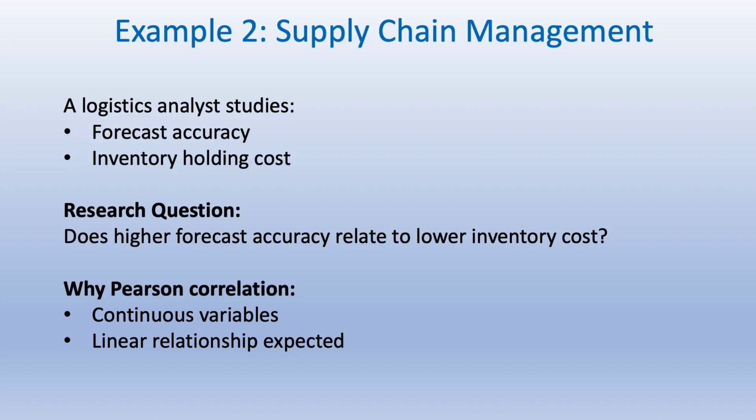The next example relates to supply chain management. A logistics analyst studies forecast accuracy and inventory holding cost. The research question is, does higher forecast accuracy relate to lower inventory cost? Pearson's correlation is used here as the variables are continuous and the researcher expects the relationship between the variables to